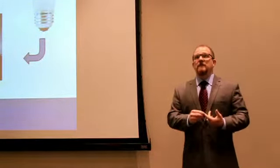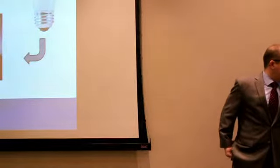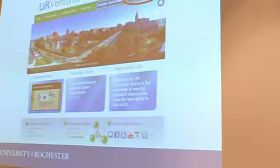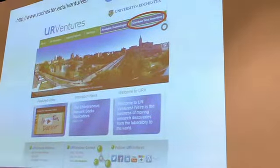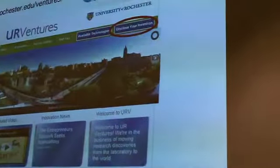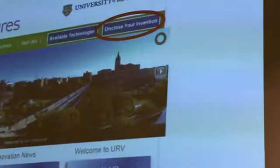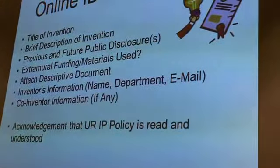So if you want to move a technology forward, you really need to tell us about it, and that's through an invention disclosure. And over the years, a lot of our inventors have said, it's hard, it's time-consuming to disclose. Well, we understood that, so we've been working really hard to try and make it as easy as possible. And it's gotten to a point now, if you go to the UR Ventures website, you'll see right in the top corner a button that you can hit to disclose your invention. You don't have to go through paperwork, and it's no longer a 4-page document. It's just a couple